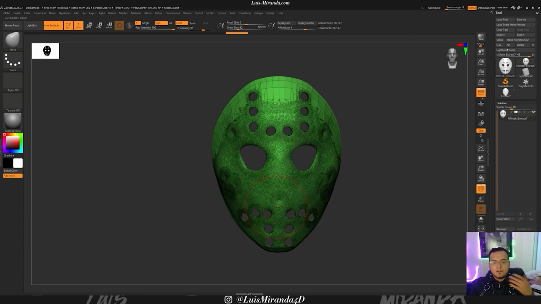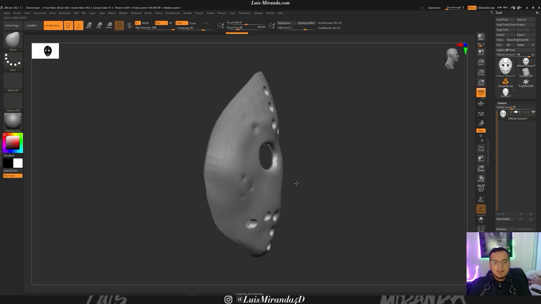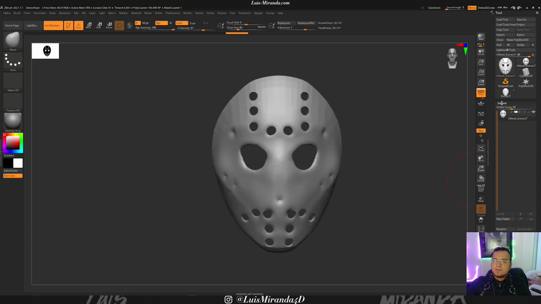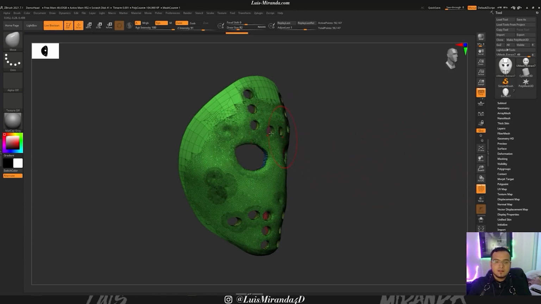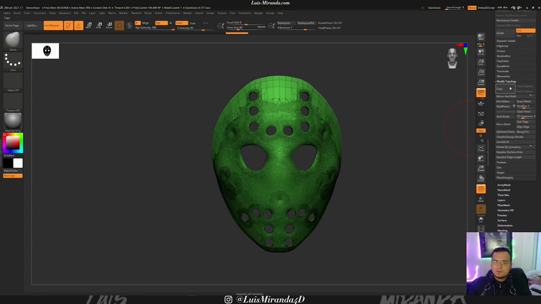And from here we can start adding details and whatnot. I personally would recommend polishing it up and getting it looking nice first. But first thing I would do, honestly, is this thing looks really ugly. It has a lot of messy geometry, and so I would like to give myself a nice starting point rather than this really messy thing. So if we go down to our geometry, and let's turn off this modified topology, and go here to ZRemesher,